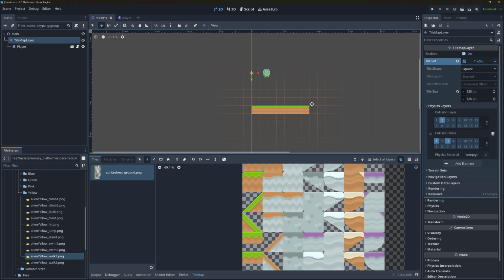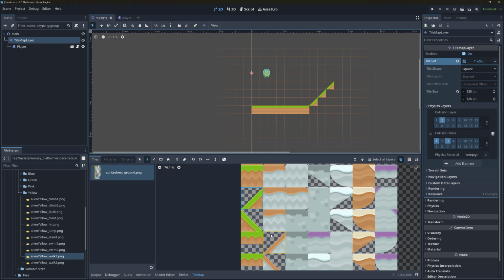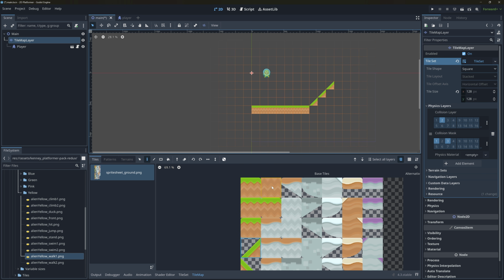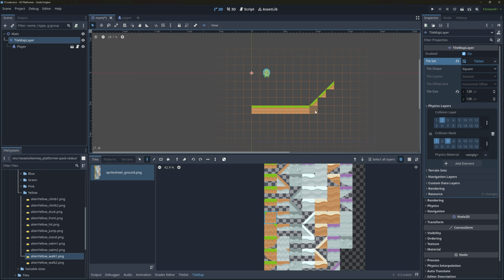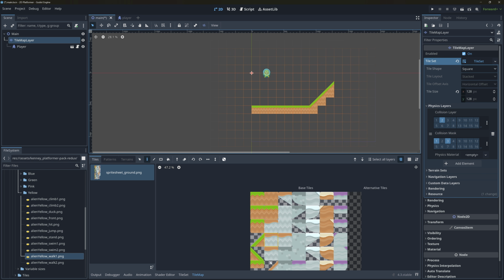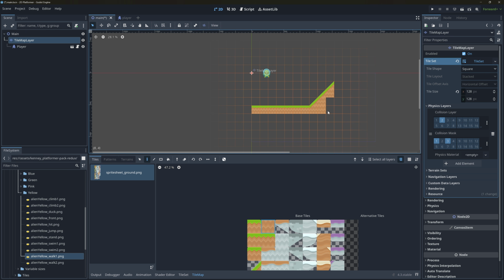So I'll come back to the tile map. I'm going to take this one, make sure I'm on the select tool, and I'll just paint a couple of these up. And then maybe this, well, we should have taken some regular dirt one. So I'm going to take this dirt one. Actually, there's a better one down here that has just a corner right here. So I'll have to make sure to put a collider on that one down there too. Eventually you want to put colliders on all these. It's a bit of a time consuming part of the setup, but it's worth it. So I'm going to save it. If I run,